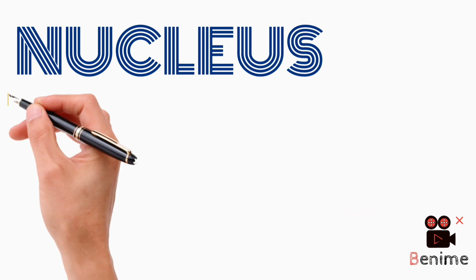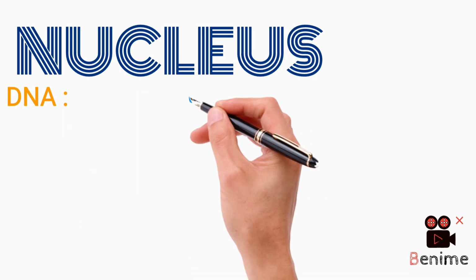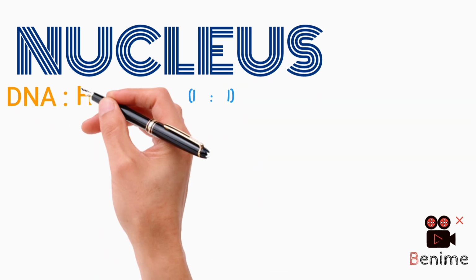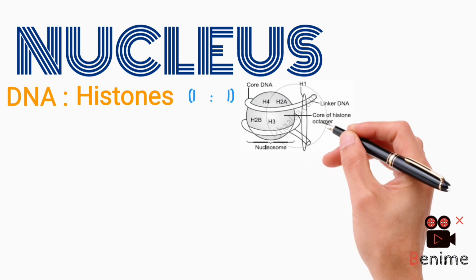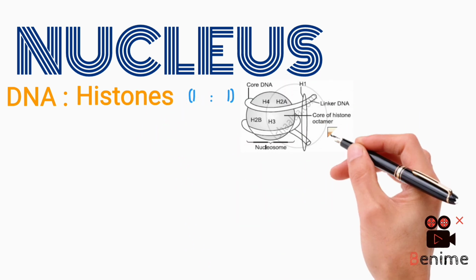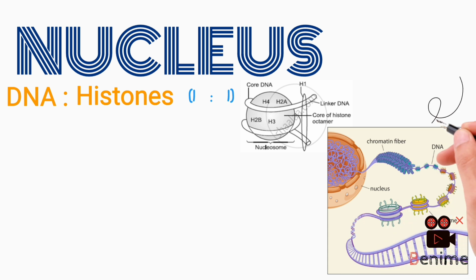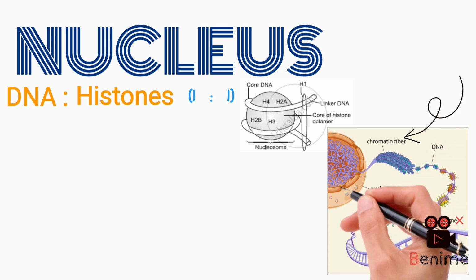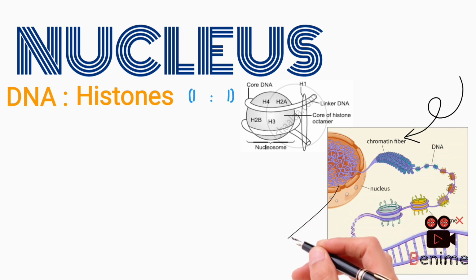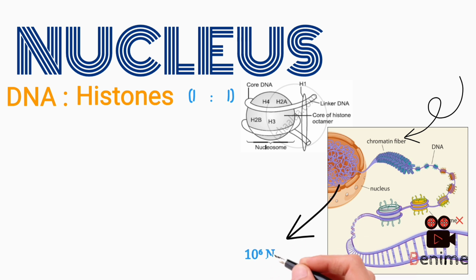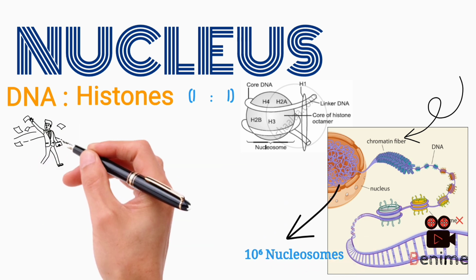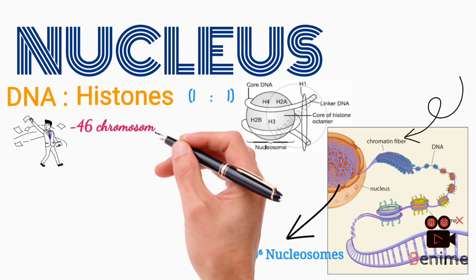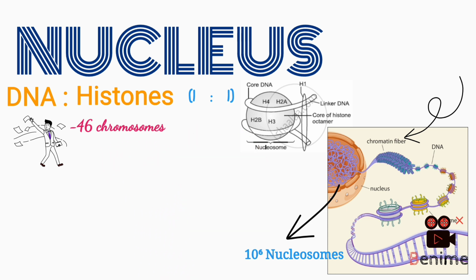The nucleus contains DNA, the repository of genetic information. Eukaryotic DNA is associated with basic proteins, histones, in the ratio of 1:1 to form nucleosomes. An assembly of nucleosomes constitutes the chromatin fibers of chromosomes. Thus, a single human chromosome is composed of about 1 million nucleosomes. The number of chromosomes is a characteristic feature of the species. Humans have 46 chromosomes, compactly packed in the nucleus.